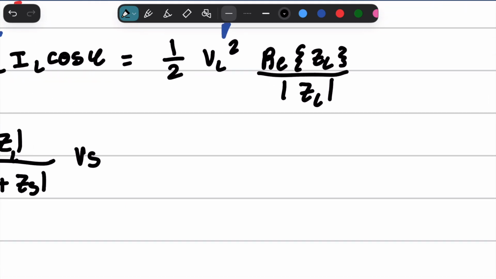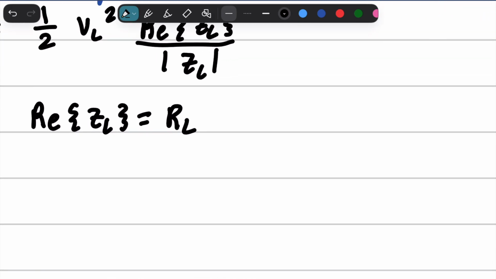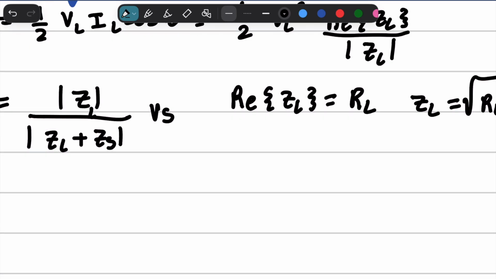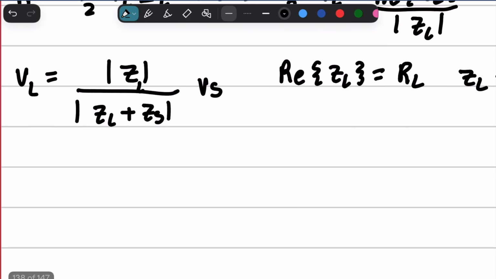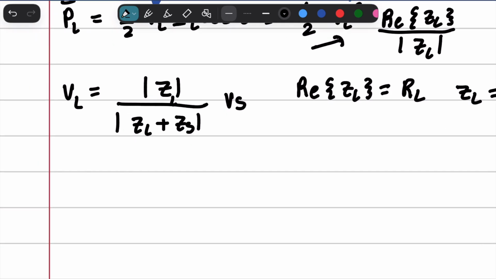And then from there, we're going to recognize that the real part of ZL is equal to RL, which is the resistance portion of the load, and the magnitude of ZL squared is equal to RL squared plus XL squared. Now we're going to go ahead and plug everything in to this equation right here. So PL average is going to equal